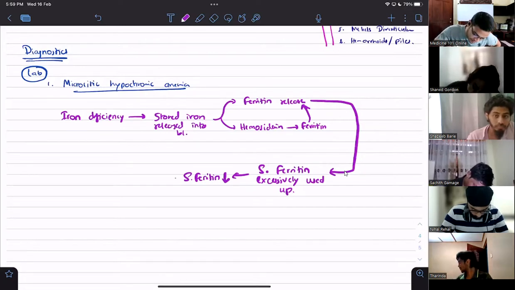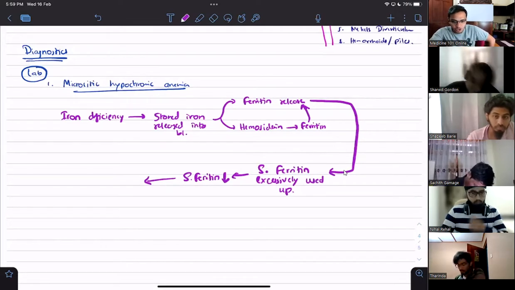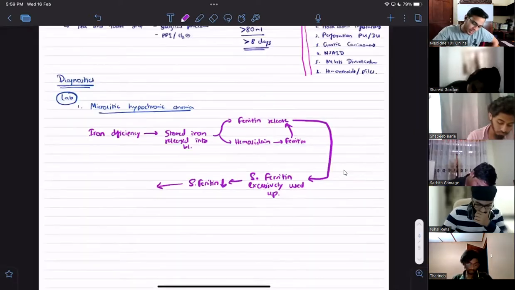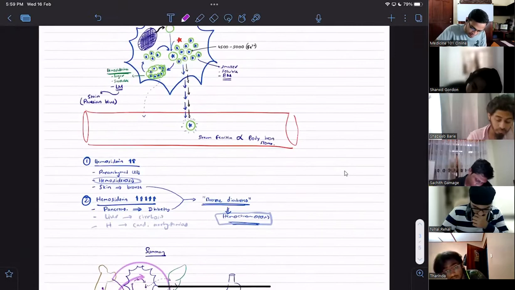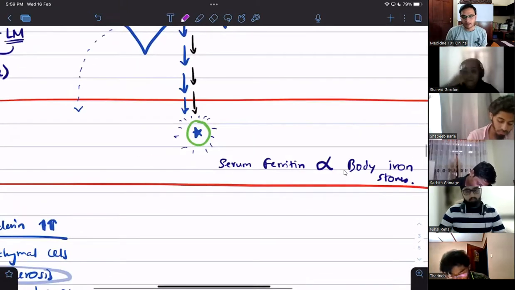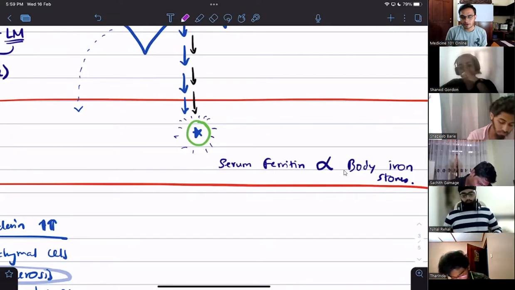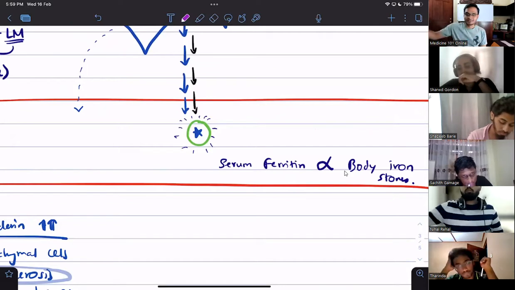Okay. So if serum ferritin is low, right? Eventually what is happening, guys? Whatever iron is there is being used up, right? One point I wanted to mention to you all here, guys. Come a little bit up here. Here, we didn't talk about what happens here. Serum ferritin, once it's there, now it needs to be transported. Okay, serum ferritin, does it transport along the body?